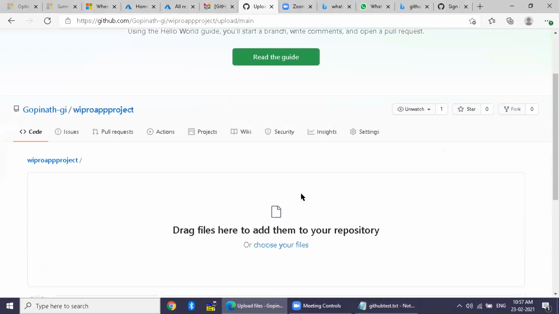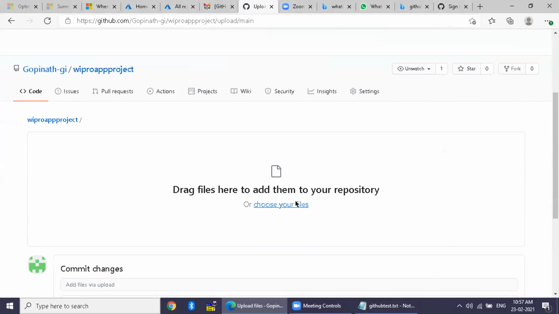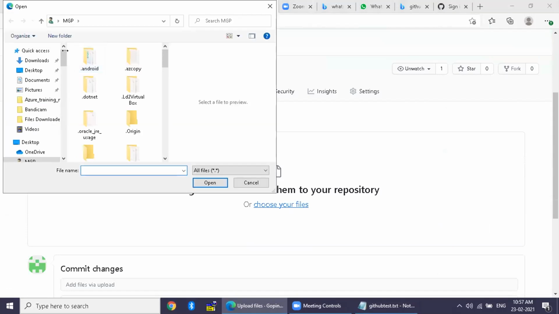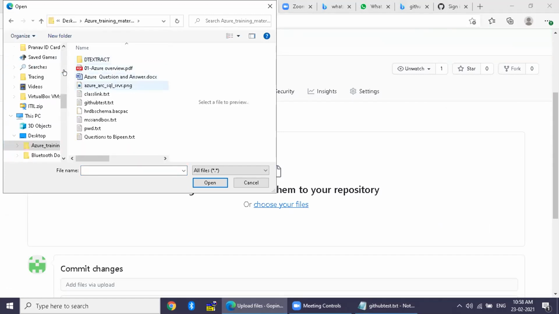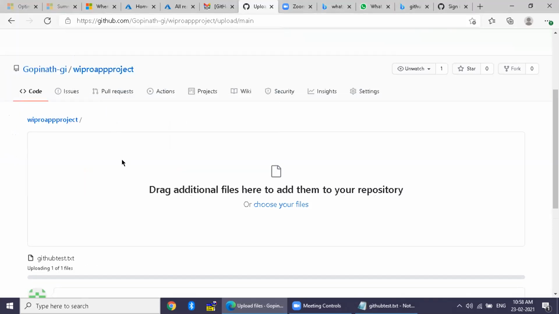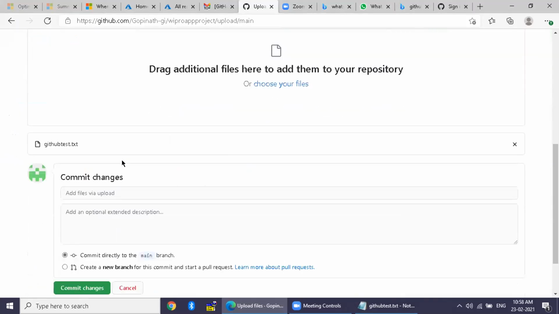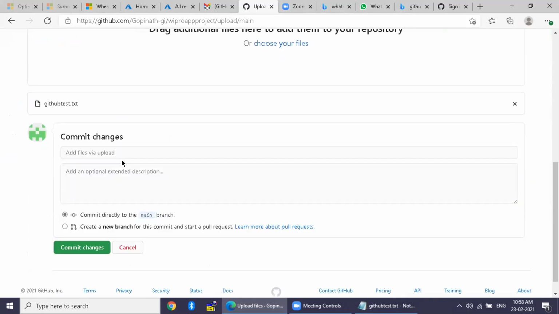Scroll down. All right. Now, once you update the file, you can put a comment. So, for example, you can say updated by developer one.